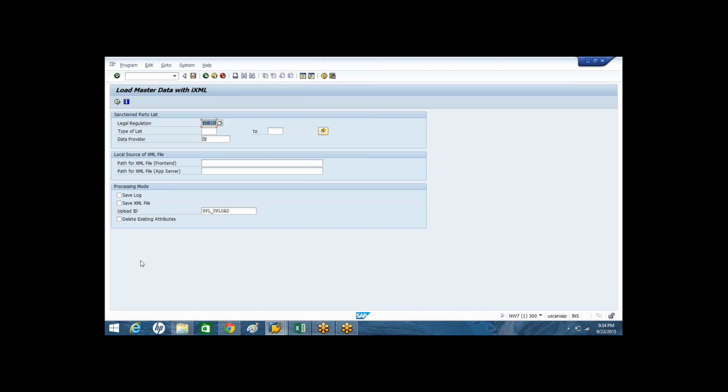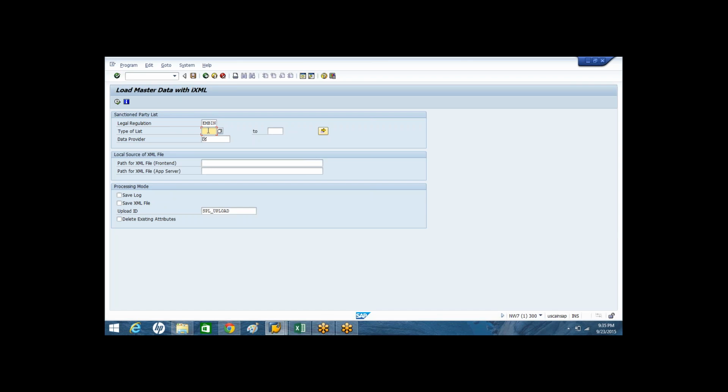As usual, you have to specify under which legal regulation you would like to upload this SPL master data to the GTS system, and also you need to specify the different types of list your file is going to cover.